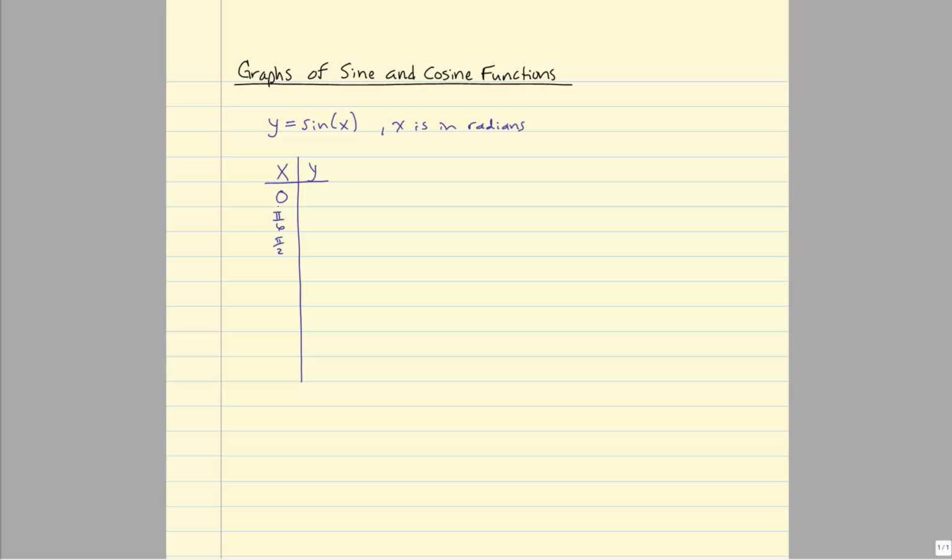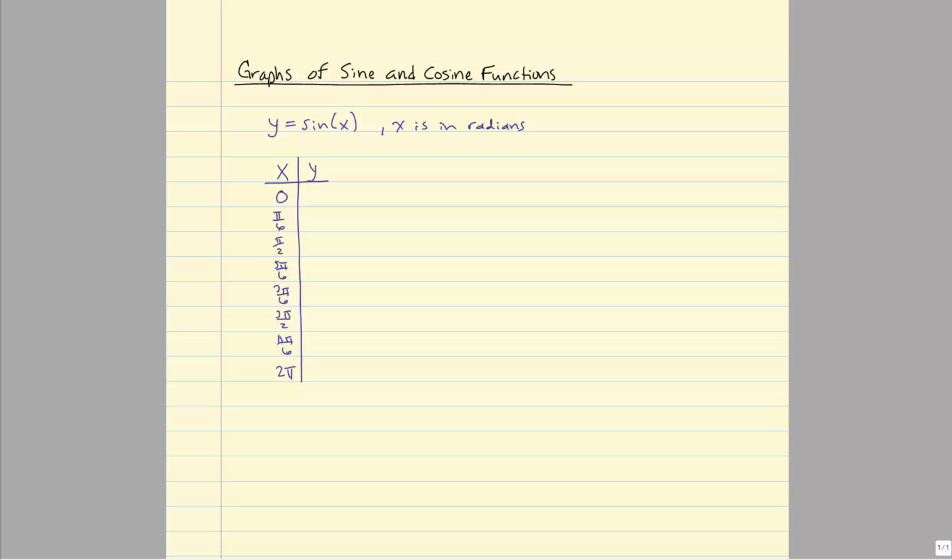Now we know when we get to 2 pi it starts to repeat itself. So I'm going to look at pi over 2 here, 5 pi over 6. We could look at 7 pi over 6. We could look at other numbers as well. 3 pi over 2, 11 pi over 6, and 2 pi. Then what happens at 2 pi is it starts going around again, and so I'll get all the same values. And this is called periodic, meaning the sine wave repeats itself in a consistent pattern over